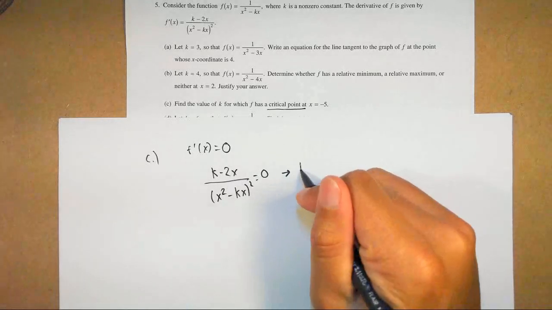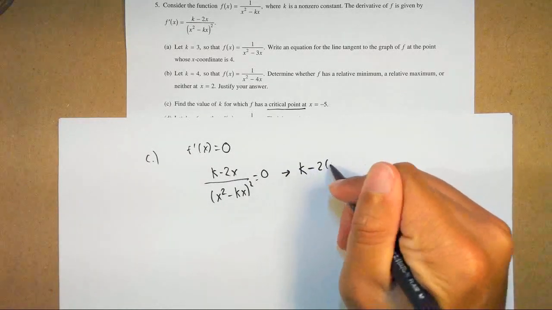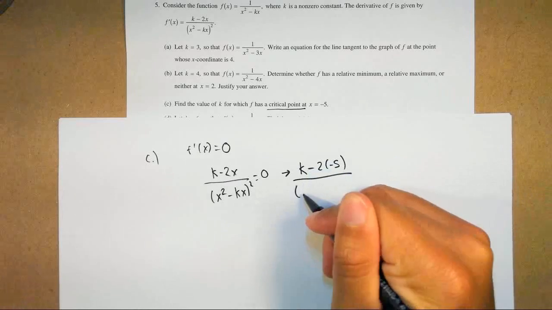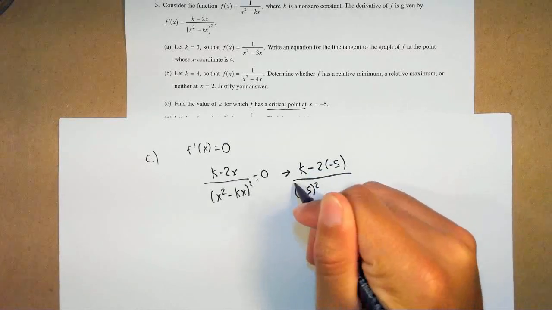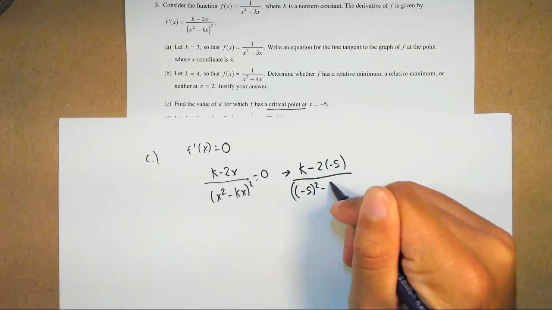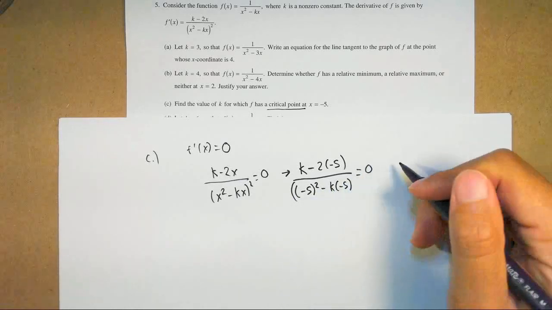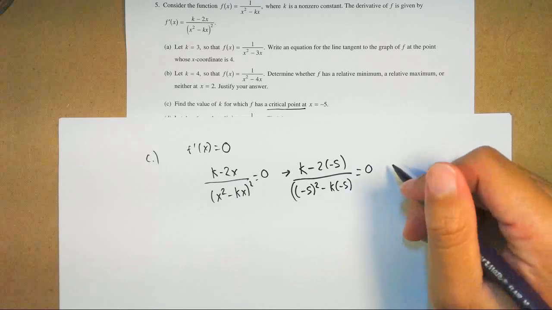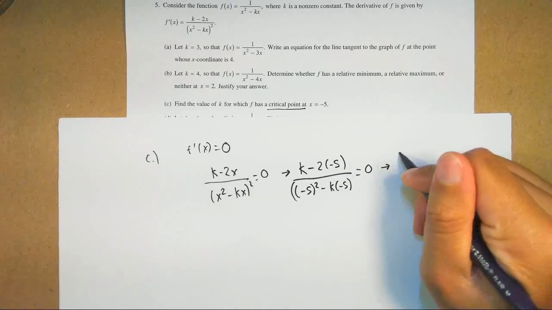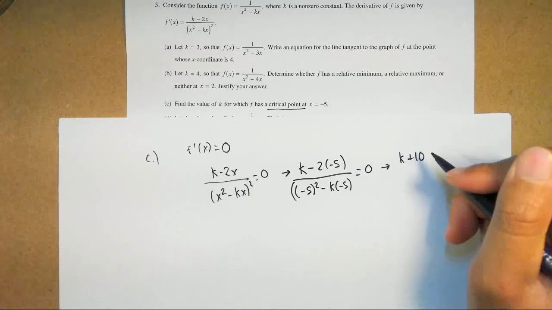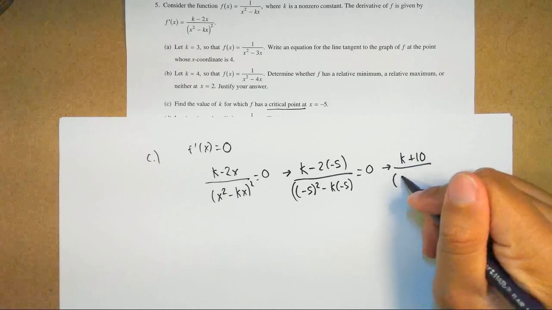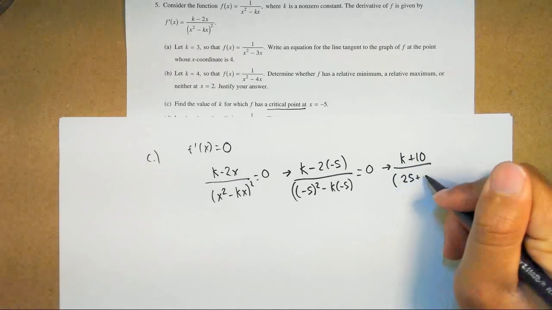And that's going to give me k minus 2 times negative 5 all over negative 5 squared minus k times negative 5 equals 0. And then when I simplify everything out, I'm going to get k plus 10 over 25 plus 5k